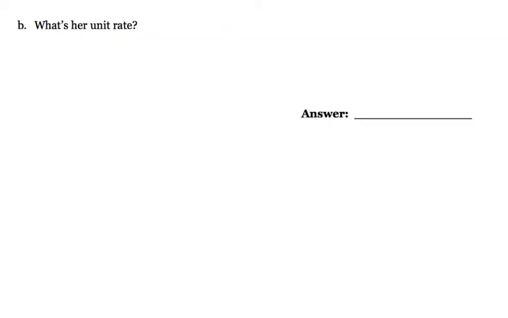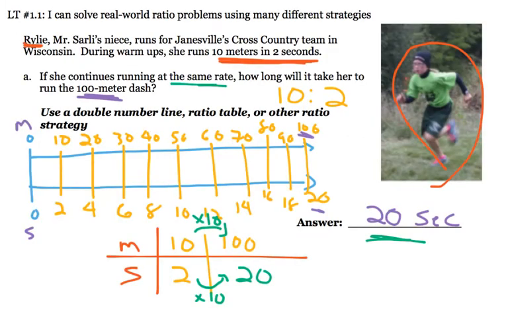Alright, so what's her unit rate? Remember, a unit rate is anything per 1. So we're looking for a ratio that's compared to 1. In this problem, since we know that 10 meters is 2 seconds, I would say that our unit rate would be however far she goes